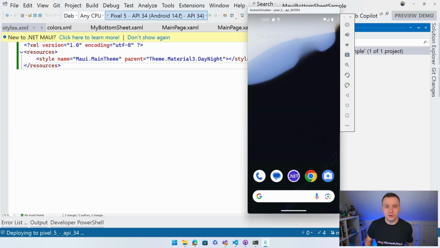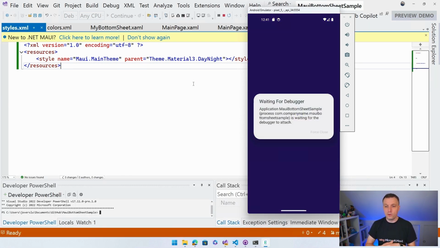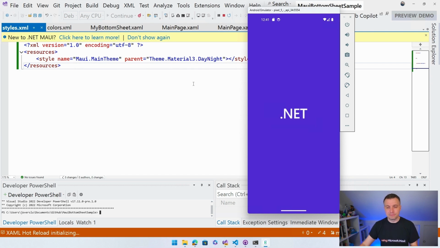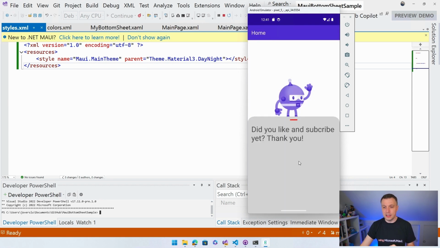I'm going to deploy this to Android, and you can see that this little handle works, and then we'll move on to add that Blazor hybrid project as well. So this is deploying to Android. Here we go. It's coming up. Debugger is connecting. And now we'll see the same application. And if I click the button, the bottom sheet will come up again. And you can now see that red handle right here.